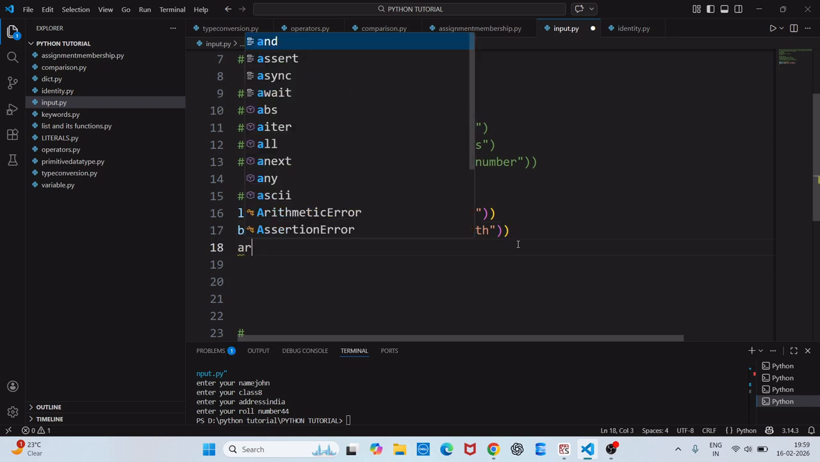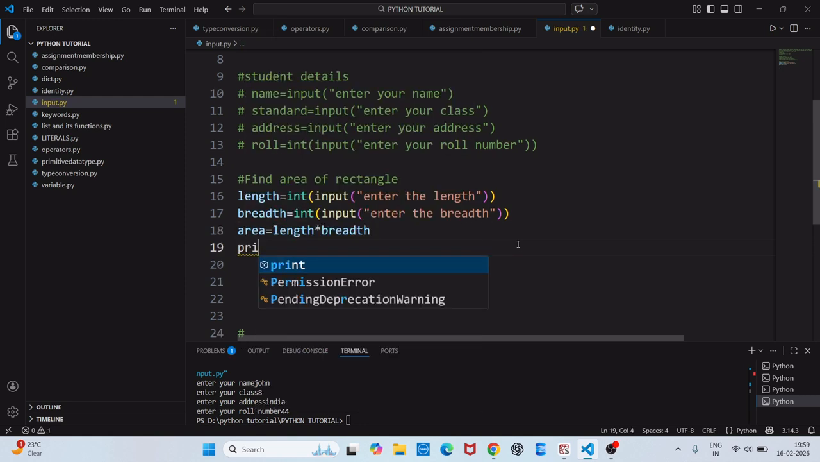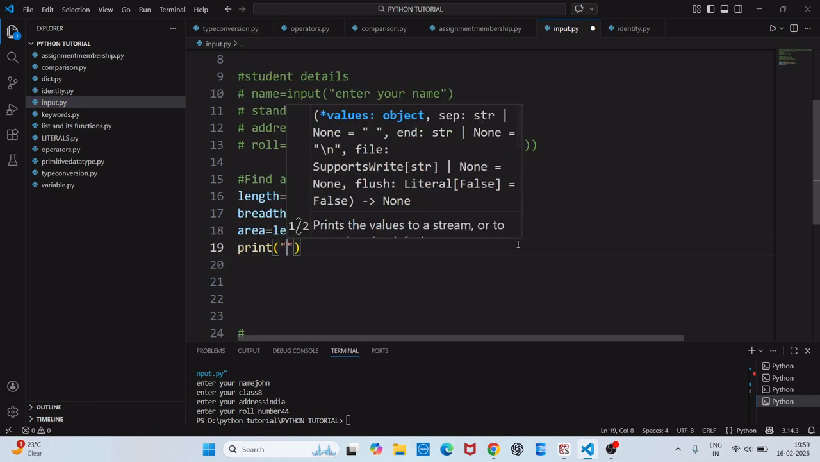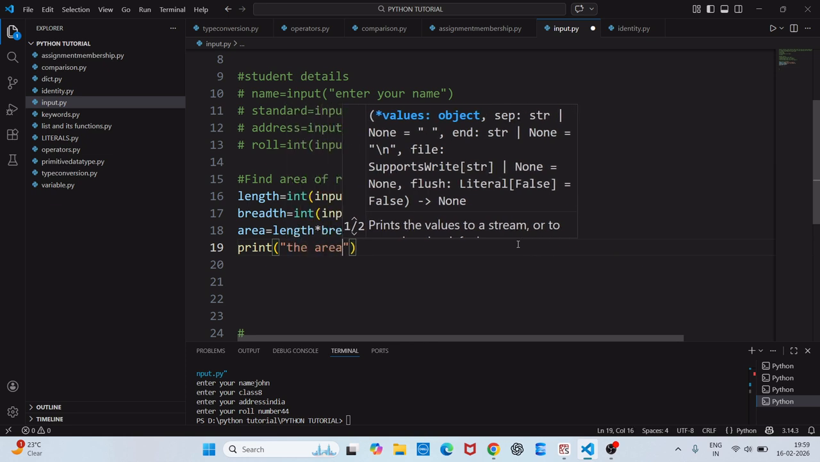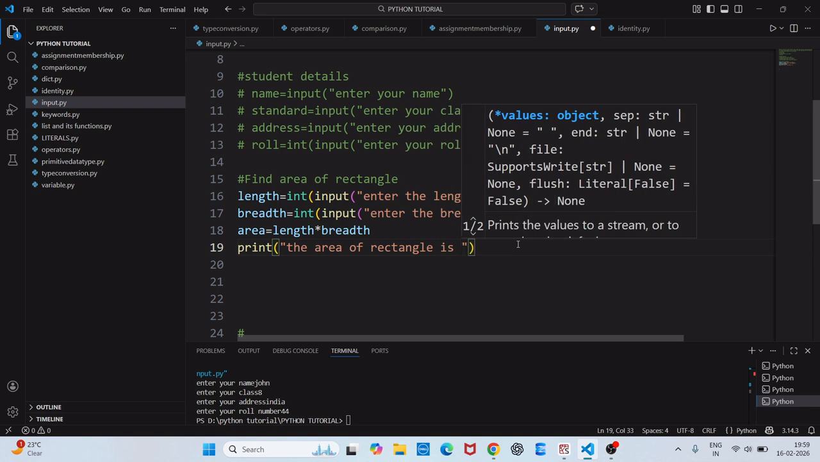So what is the formula of area? What is the formula of area? Length into breadth, right? area equal to length into breadth. Then print the area of rectangle is